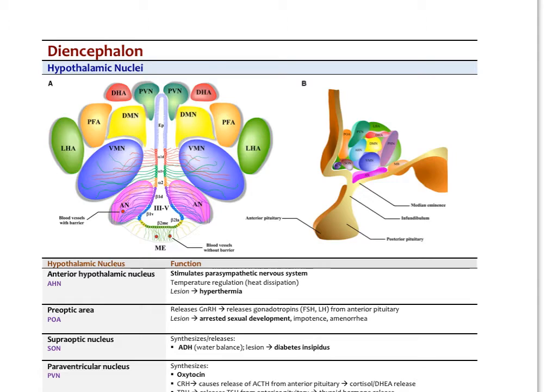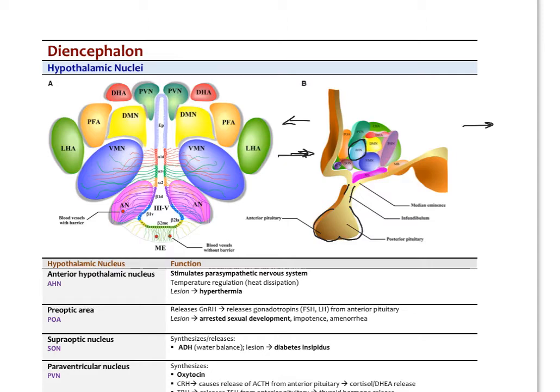So one of the first regions to look at is the anterior hypothalamic nucleus. That's only seen here in the picture to the right. So here is, by the way, the front of the brain. This is towards the front. Here's the back. Here is the infundibulum, and here's the anterior and posterior pituitary. And this is right on the upper side of your nasal passage. So this is really looking, if you go between the eyes, look straight in, you're seeing these different